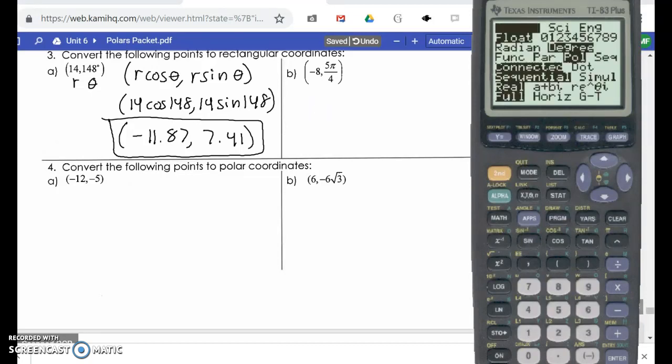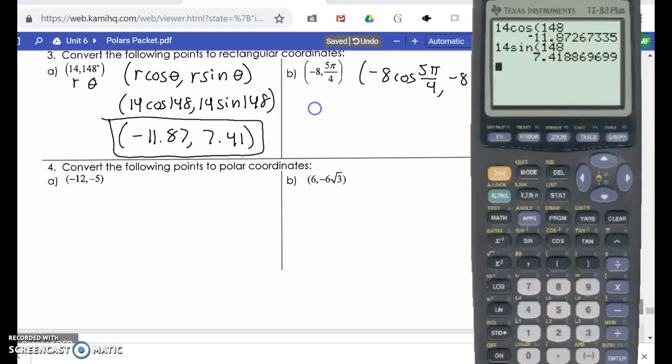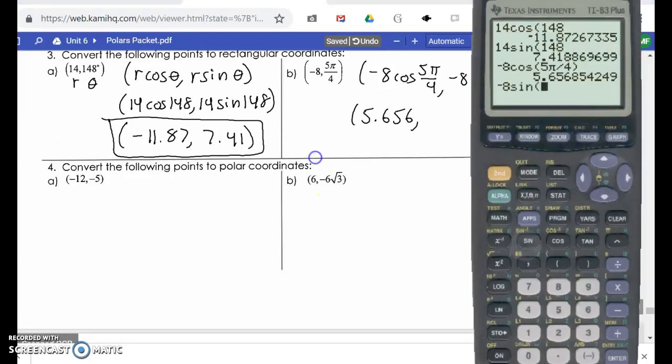I was in degrees. The next one, I want to switch to radians, because my angle is given in radians. But I do the same formula. It's going to be the radius times the cosine of the angle, and the radius times the sine of the angle. And if I type that in, quit out, it'll be negative 8 times cosine 5 pi over 4, and that gives me 5.656. And if I do the same thing for the other coordinates, you'll get something very similar, but I bet